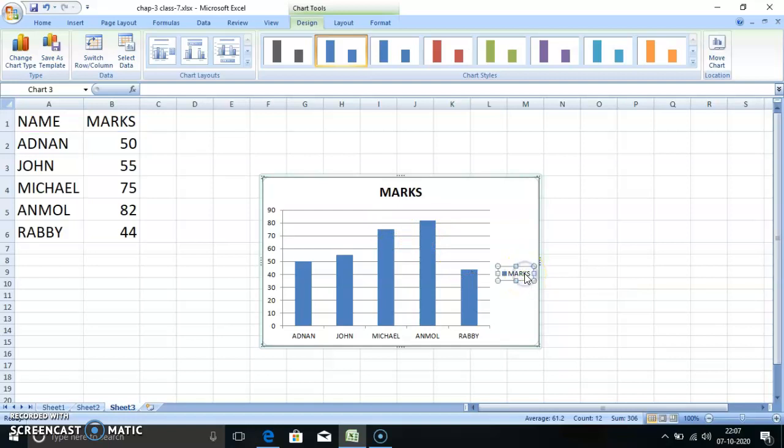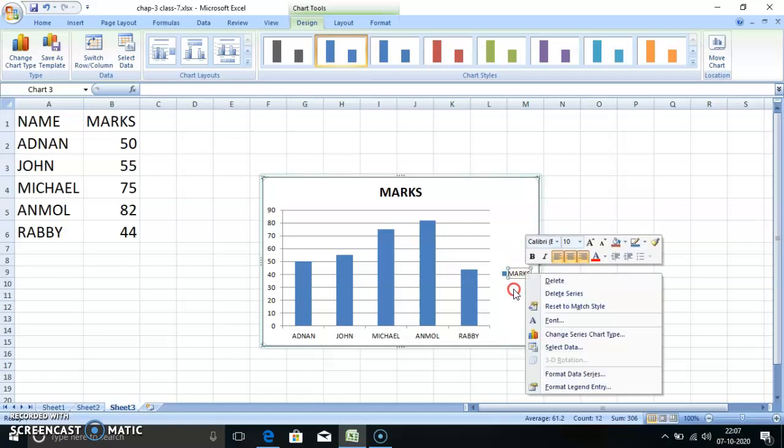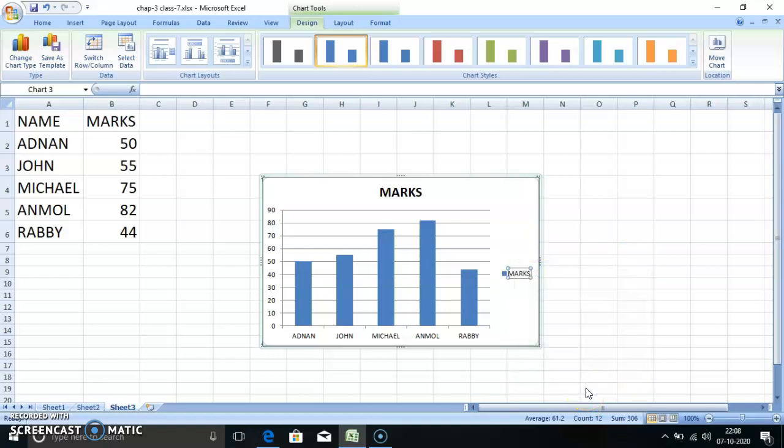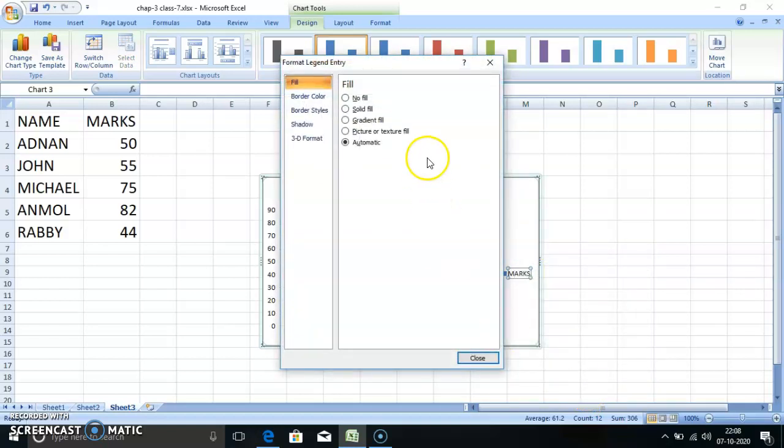Now you can change the legend also, that means the background of the legend. You right click the mouse button here. See, format legend entry. You will click here. Then here gradient fill, texture fill, picture or texture fill.